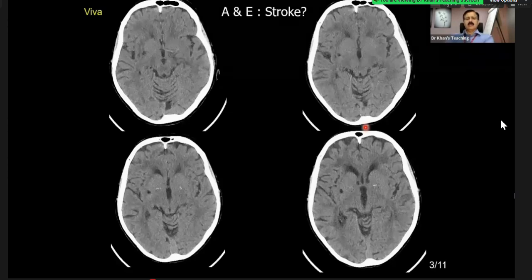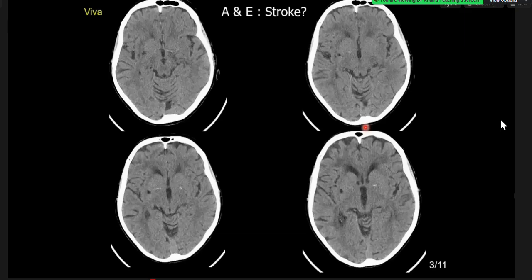Okay, different case. You are reporting this as on-call radiologist, and is there any stroke, particularly on right side? Okay, so I can see bilateral frontal subcortical or deep white matter